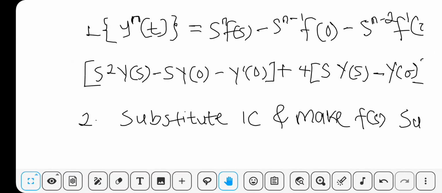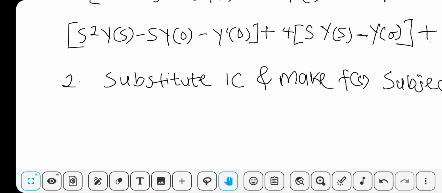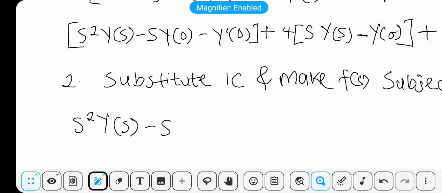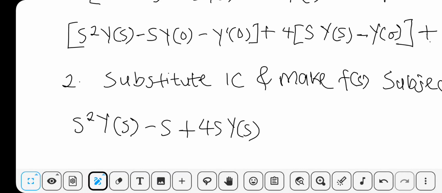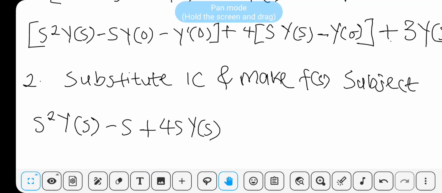So we can substitute y of 0 is 1. This will be s times 1, which is still s, plus 4s Y of s, because y prime of 0 is equal to 0, so I just removed it, and expanding the second bracket,